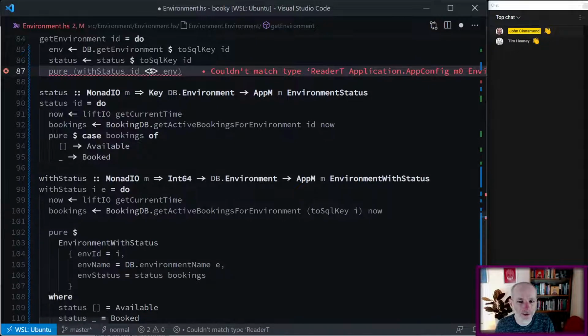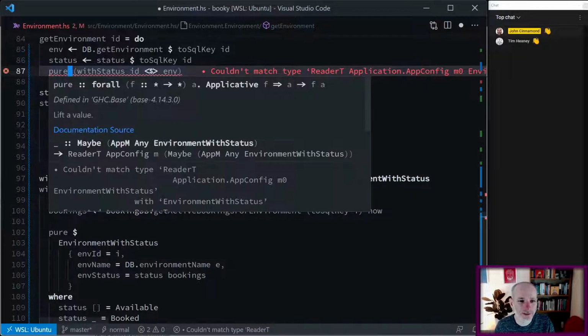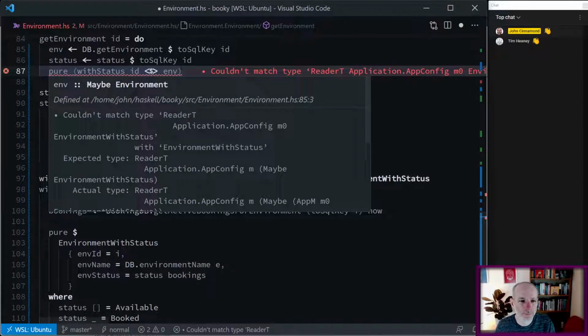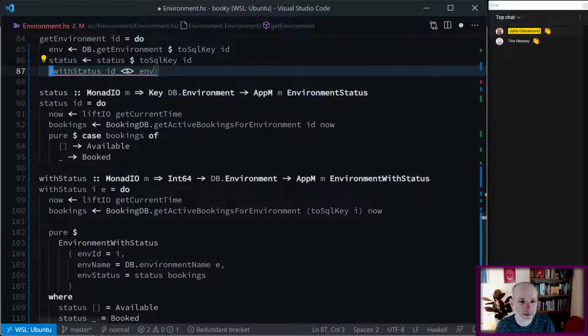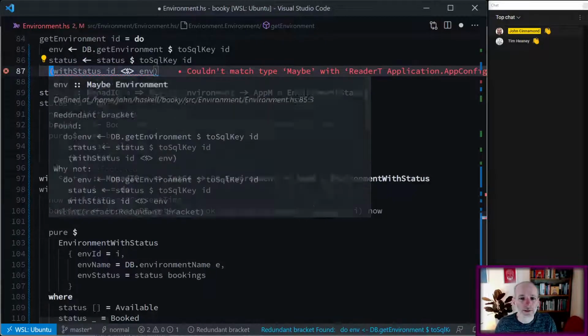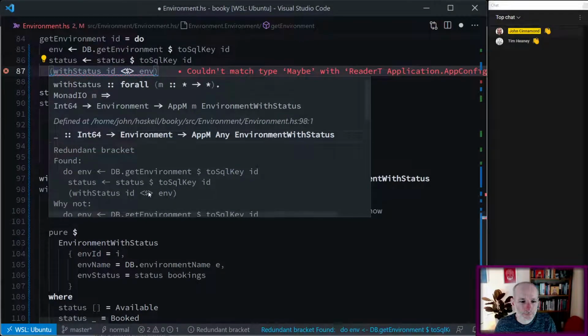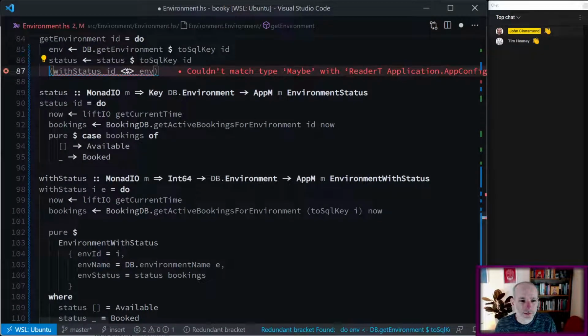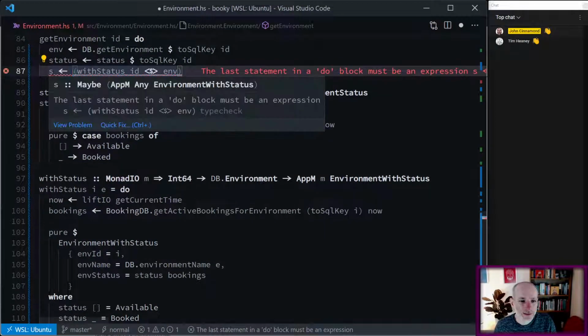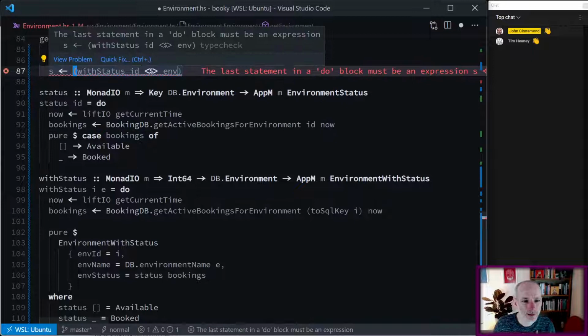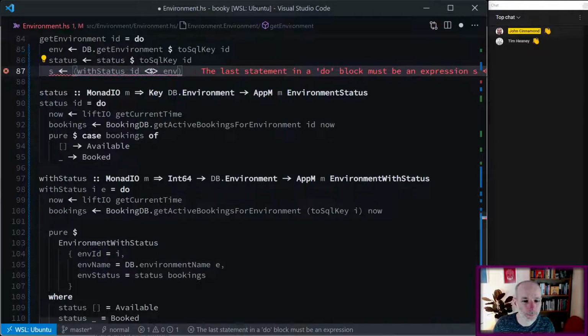That did not help. It's back to its weird type error. So we get this whole thing. Oh, we don't need pure. Okay, so now we've got the Maybe issue going on. So what's the type of S? S is Maybe. Where does this Maybe come from? It comes from here. I'm pretty sure it comes from here, but